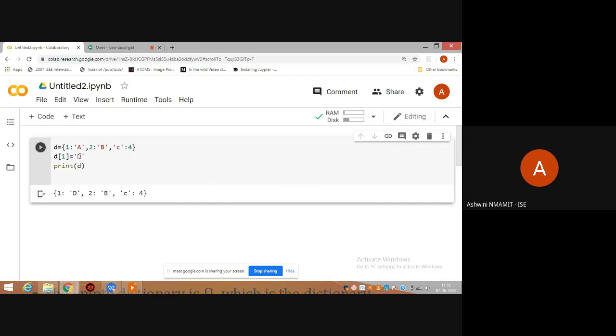And if I want to add a new item to the dictionary, say I'll give D of 4 is equal to B. Yes, the last element is appended to the dictionary.